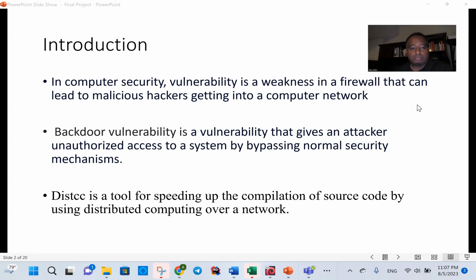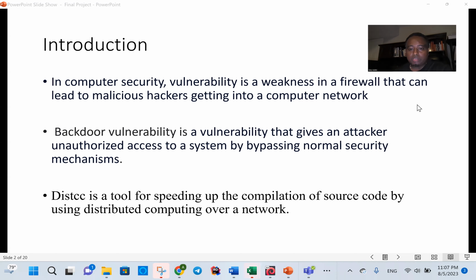A backdoor vulnerability is one that gives an attacker unauthorized access to a system by bypassing normal security mechanisms. From those types of backdoor vulnerabilities, we are focusing on Distcc, which is a